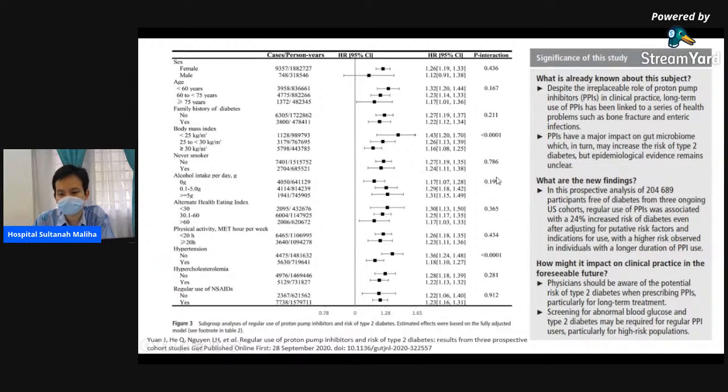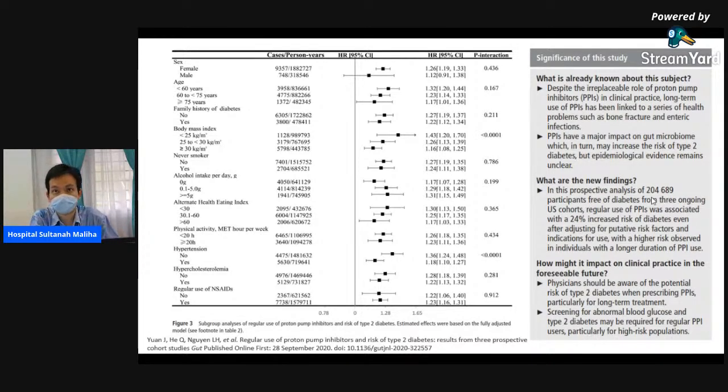So you see here, a prospective analysis of 204,689 participants free of diabetes from 3 ongoing US cohorts. And this is a very large number, I can say. The regular use of PPI was associated with at least a 24% increase of risk of diabetes, even after adjusting for putative risk factors. That means they tried to settle the confounders per se,